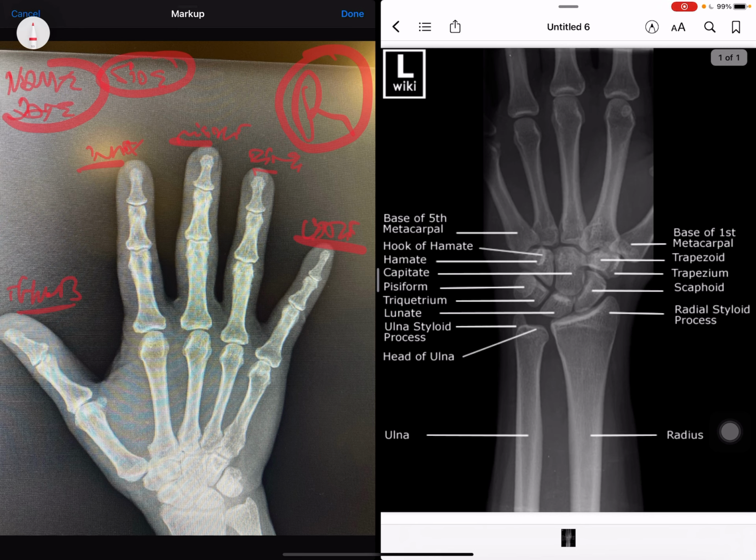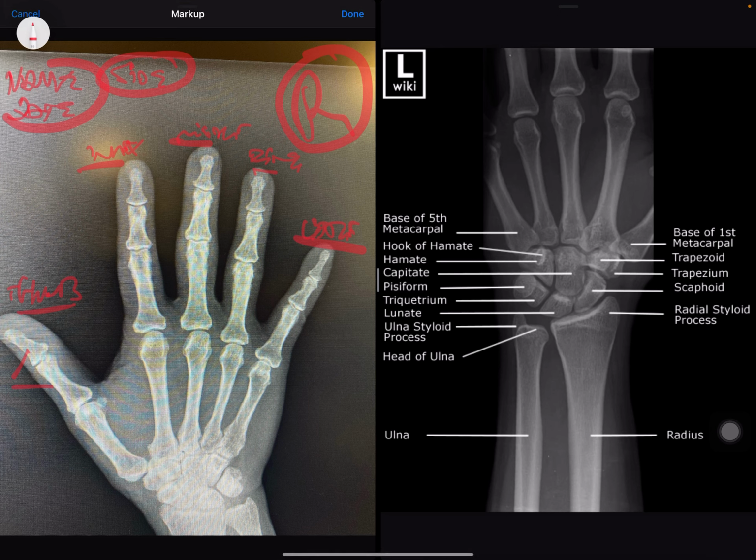Sometimes it's always good. Remember, if you follow each bone, we only have 2 phalanges in the thumb, a proximal and a distal. We got 3 in every other finger. So we'll start with the bones first. You got a proximal, a middle phalanx, and a distal phalanx. 3 in each finger, from the index, middle, ring, and little, and 2 in the thumb. We don't have a middle phalanx in the thumb. So anyway, then we go to the metacarpals. We got a short thumb metacarpal, and we got pretty much